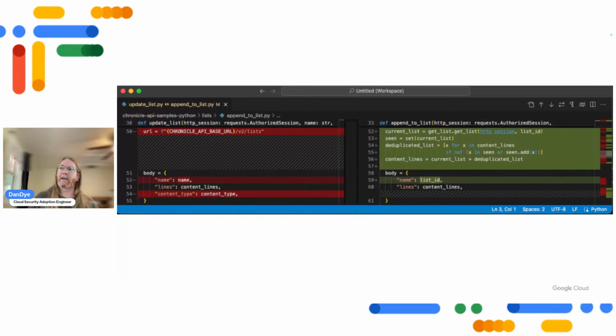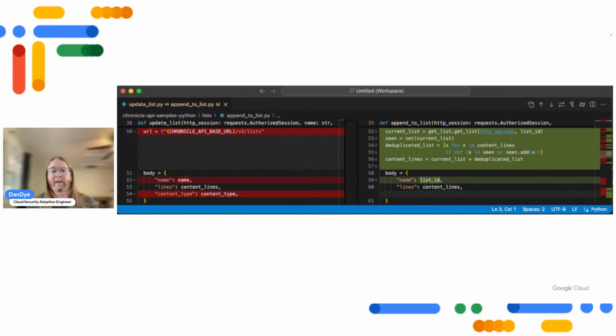And for the new case where you want to append, we're going to follow the same process. You take the original script, which is update list, give it a new name, append to list in this case, try to make a meaningful name. And the code on the right is taking advantage of that getList example that we just created. It's doing the import of the getList function, and that's defined in the getList module. So the import statement is